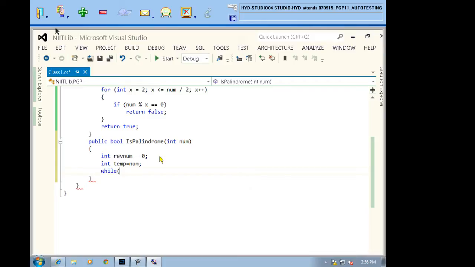While temp is greater than 0, the value of reverse number should be multiplied by 10, plus the remainder of temp divided by 10. This is the formula actually. Then temp is equal to